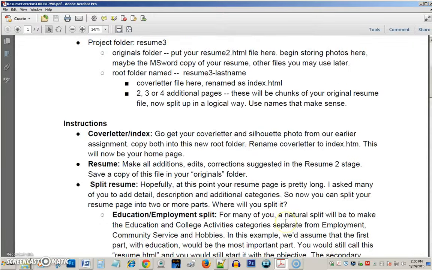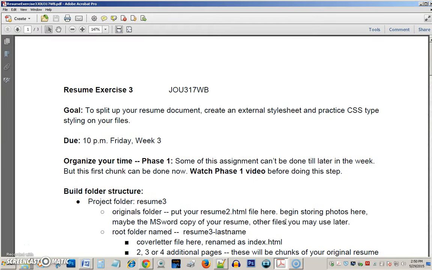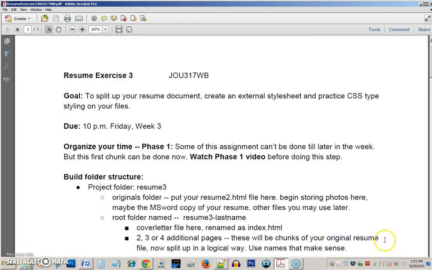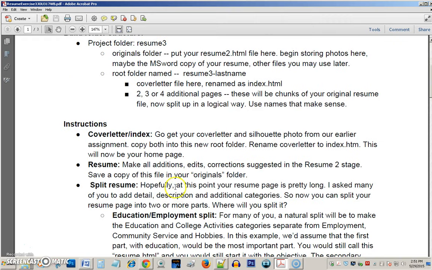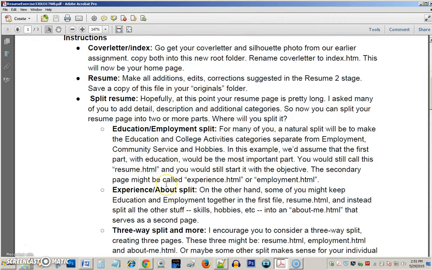Okay, it's time to get back to the resume exercise and finish up this third iteration of it. Remember, at the beginning of the week, we went over this document, and this was phase one, and you should have completed all this by now. You should have made all the changes, got your cover letter, changed the name of it, moved it into your root folder, split up your resume into 2, maybe 3 parts,